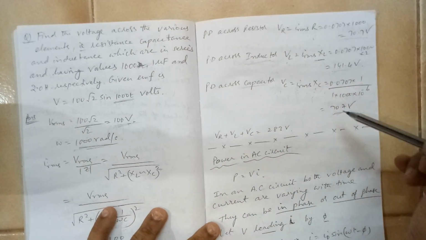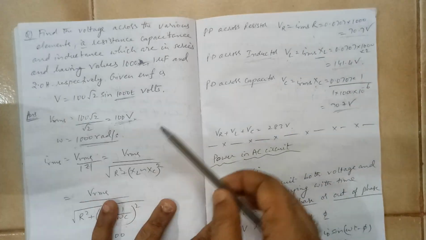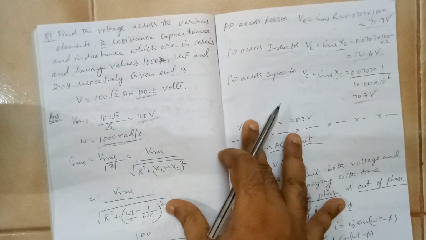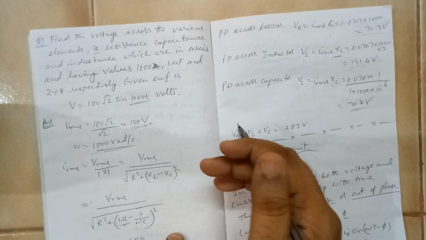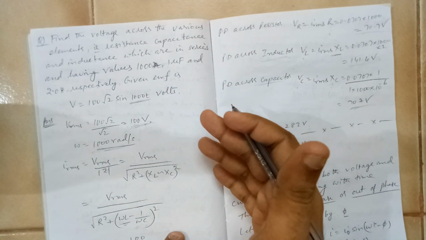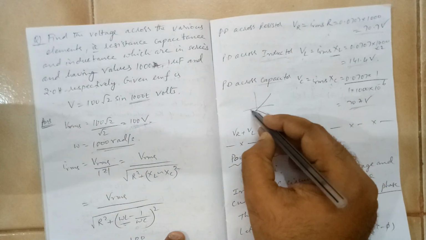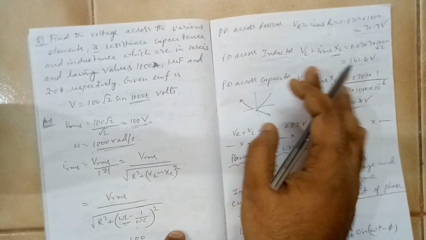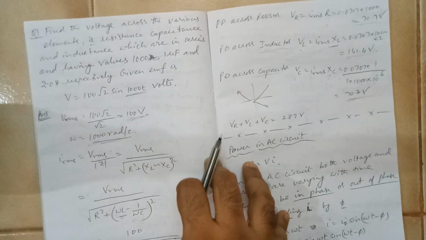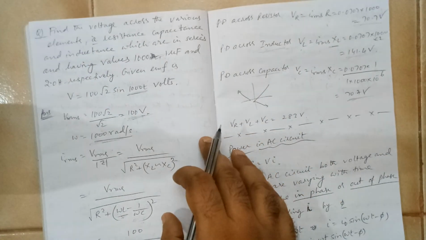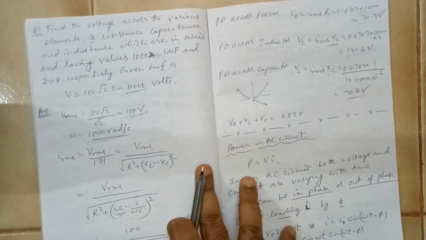One thing: if you add all these three, 70, 140 and 70, you get approximately 280 volts. But the RMS value is given as 100 volts. Then how is it possible? It is possible because they are not coming in the same phase. They are coming with different phases. One is coming behind, one is coming forward. They are not all three coming at the same time. You remember that phasor diagram I have drawn like this? That is why it is 283. You simply cannot add them. So this explains that point: even though individually you add them and get 283, that much voltage is not there. Okay.